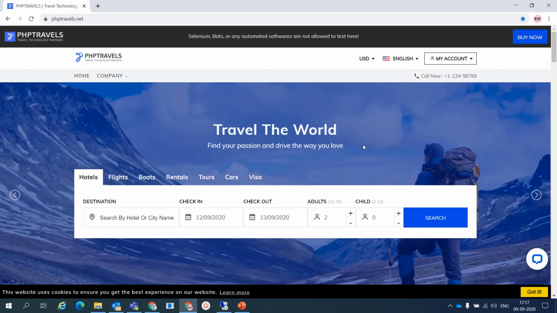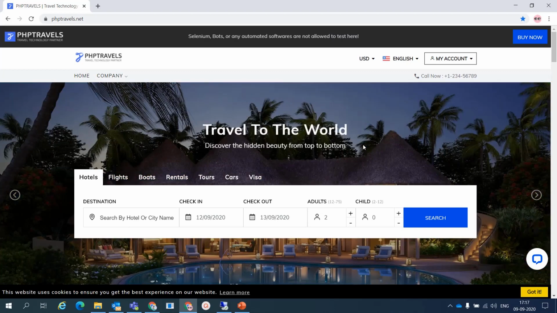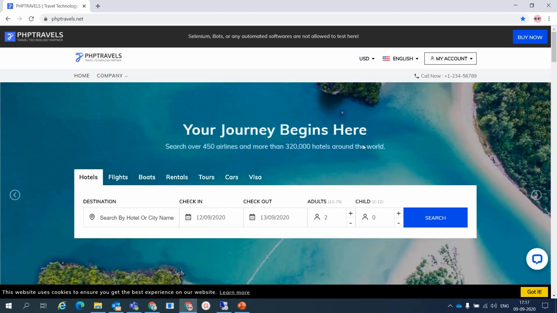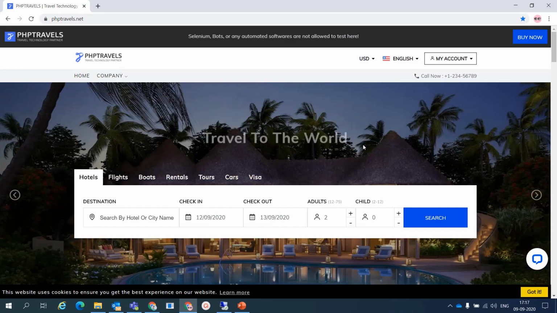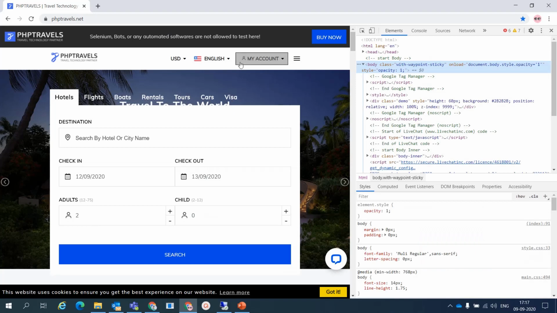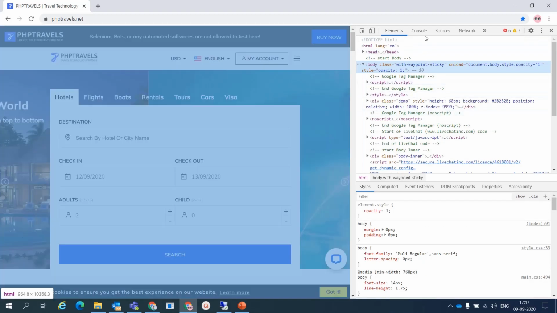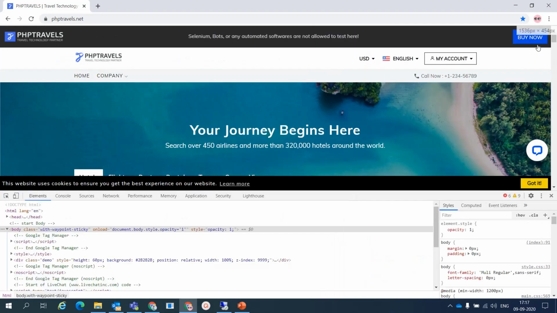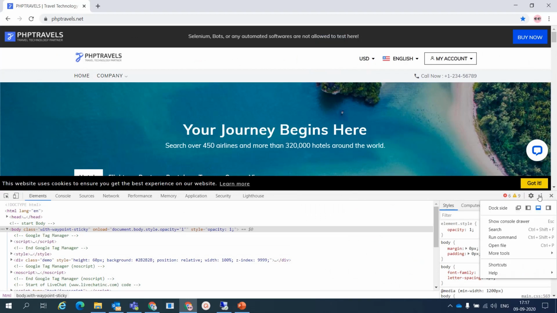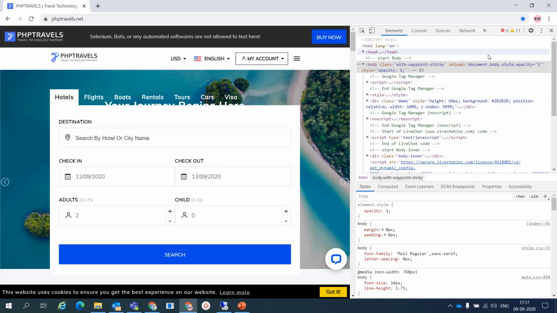So let's start. In the Chrome browser, you may be thinking why I'm using Chrome browser, because we can use Firefox and use Firebug to find XPath, but some organizations don't support Firefox in their environment. So Chrome is always easy and helpful. Open Chrome, open any website you want to search for XPath, and press F12. When you press F12, you will get these developer options. If you want this on the right side or at the bottom of the screen, everyone prefers something different, but I always prefer it on the right side.